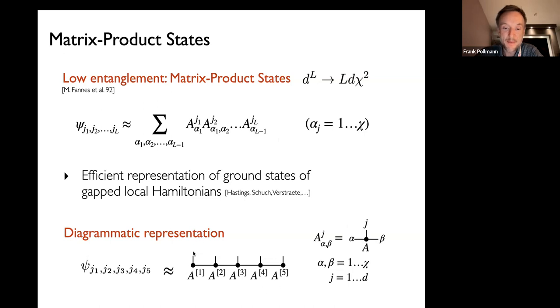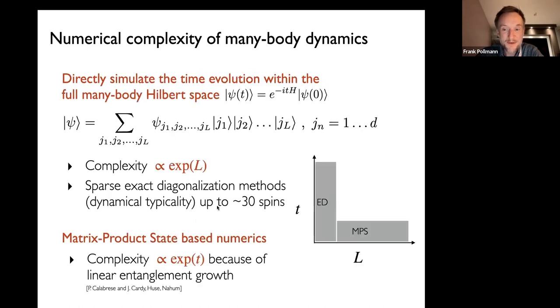And then the matrix product state can be represented by this structure here, where we contract over all these virtual indices and just leave out the physical indices. And this then becomes the amplitude in the many-body wave function. So states that have little entanglement can be represented efficiently. And this brings us now to